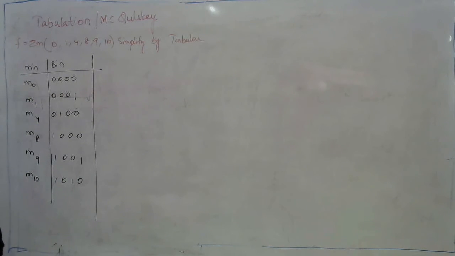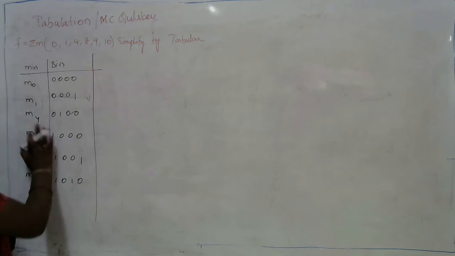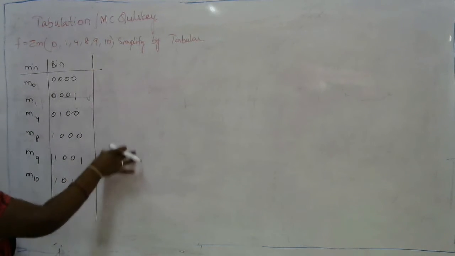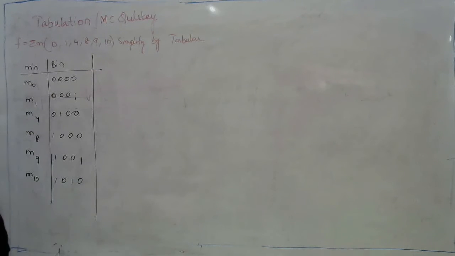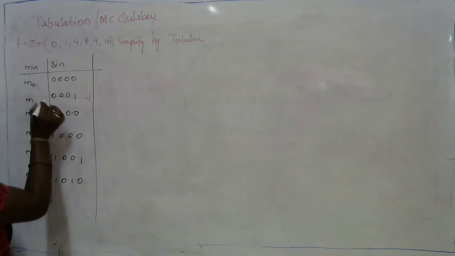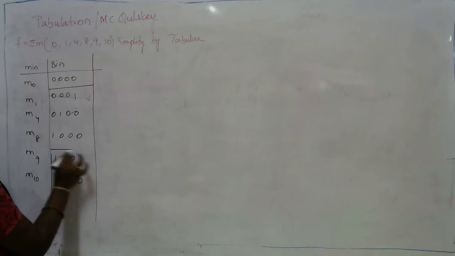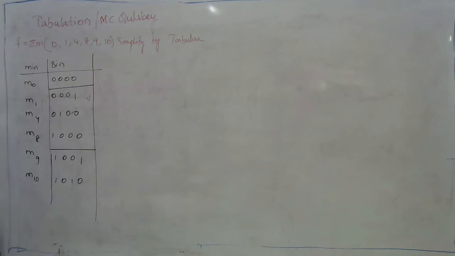Or in simple words, once we write the minterms in increasing order, they will most probably be in the same sequence automatically. If the sequence is missing, then rewrite over here first 0 ones, 1 one, 2 ones and 3 ones. The next one is, I am now dividing: this is 0 ones, till this point it is 1 one and this is 2 ones.